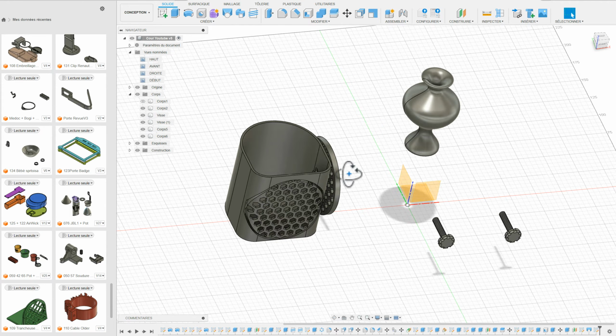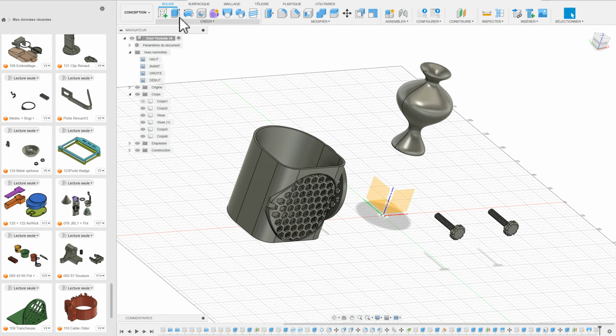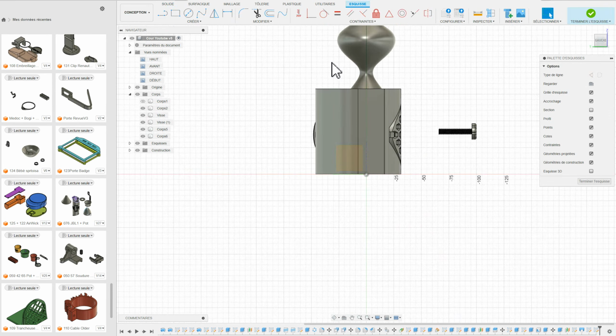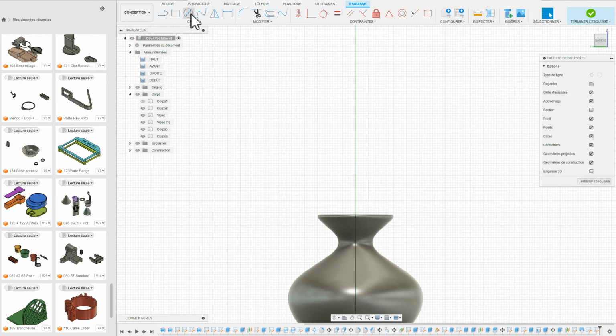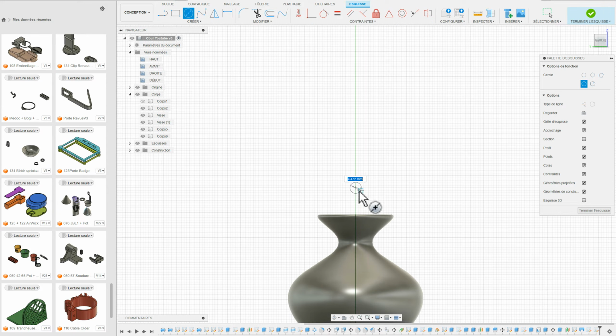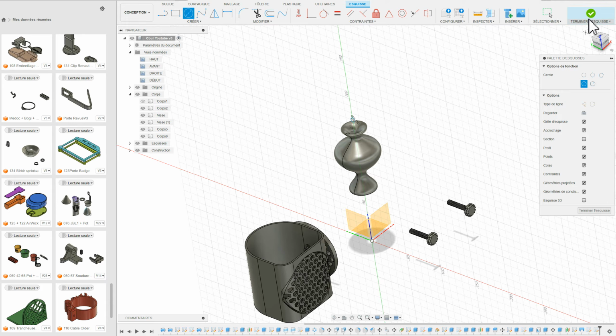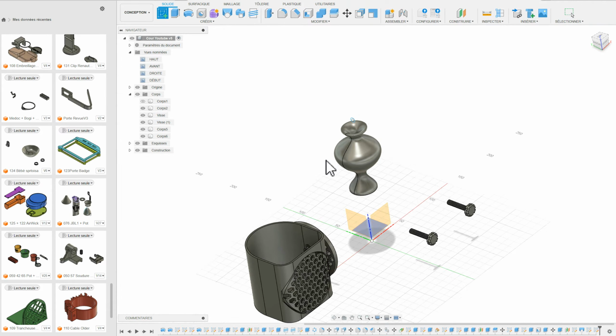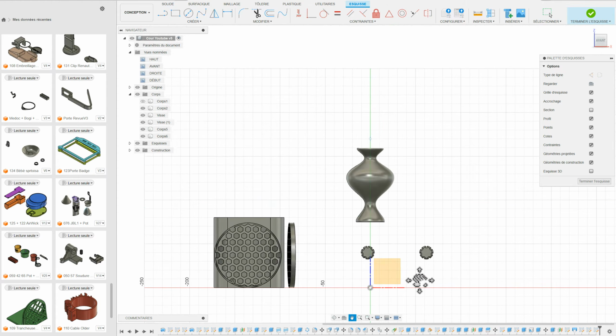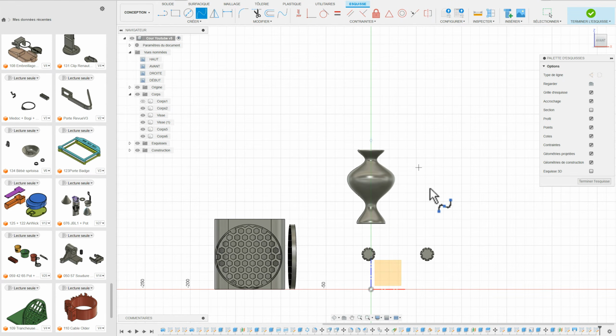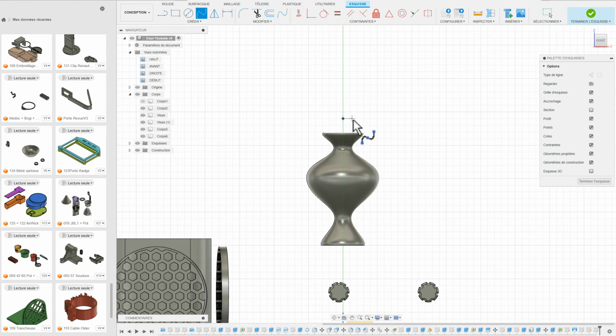Now let's look at a clearer example of mirror symmetry. I make a sketch on this plane. Draw a simple 6 mm circle. I rotate the part a bit and finish here. Now I create another sketch on the opposite rising plane. I take the spline tool again with smoothing points. I start the curve at the center of the circle I just created and finish it here. I tweak it a bit